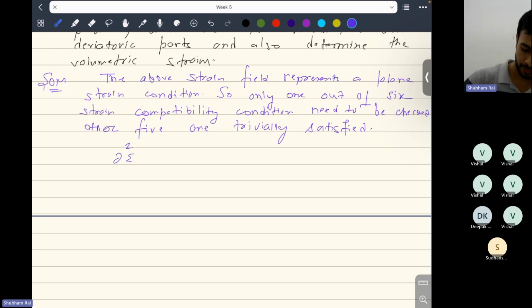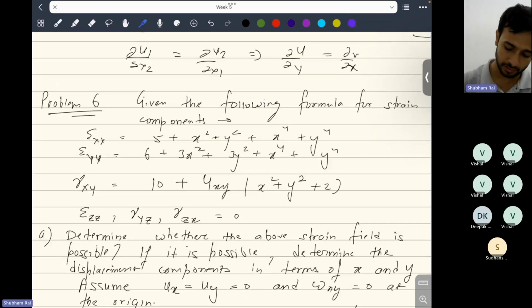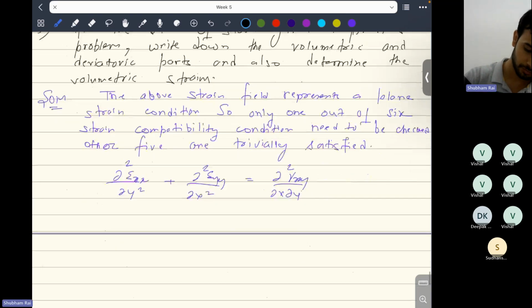So the condition that you need to check is ∂²εxx/∂y² plus ∂²εyy/∂x² should be equal to ∂²γxy/∂x∂y. If you differentiate ∂²εxx/∂y², to differentiate once, you will get 2y plus 4y³, and if you differentiate twice, you will get 2 plus 12y². So the first term will be